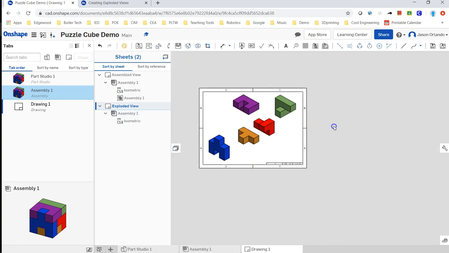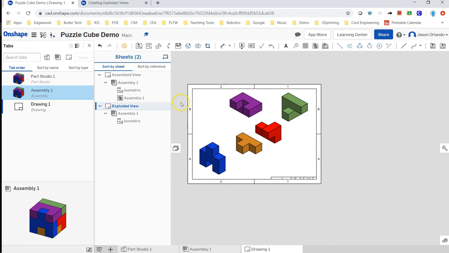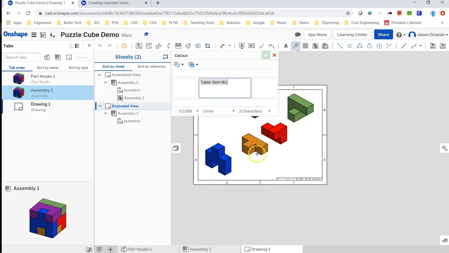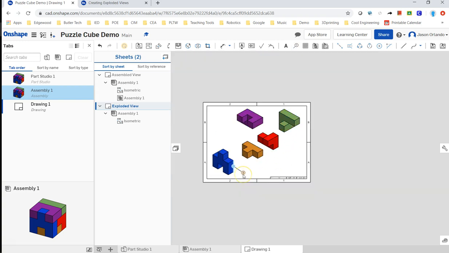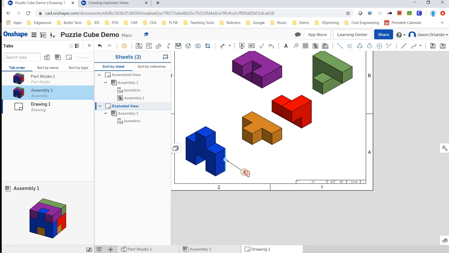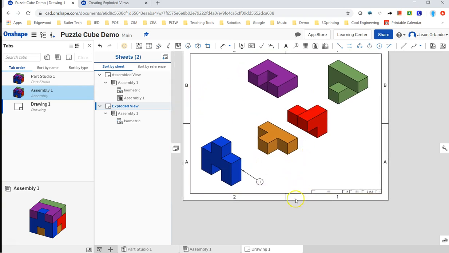And I could add balloons here as well if I'd like, and those balloon numbers should, I believe they will coordinate with, yep, they should, it makes sense with my BOM. Okay, so you can obviously add balloons and mess around with that, but let's go on to doing a multi-view drawing. So I'm going to click New Sheet again,